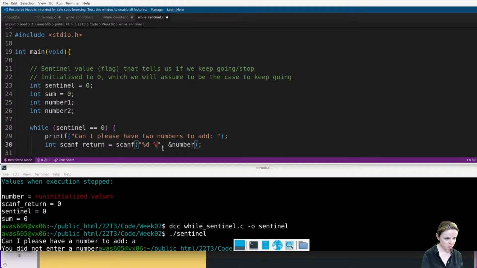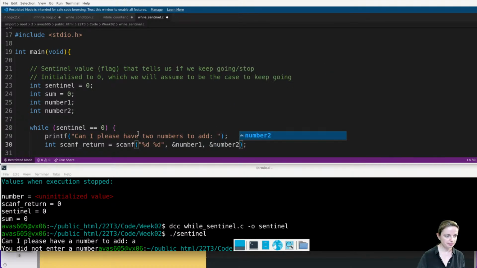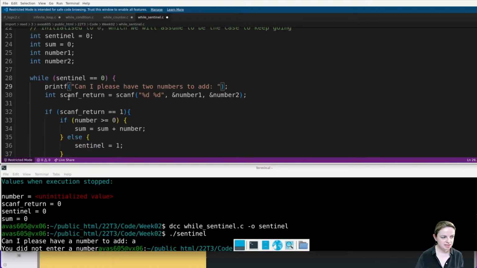I can tell it to expect a %d and a %d and tell it that it's going into number 1 and number 2. So now, if it's successful, this scanf return is going to return 2 for scanning in 2 things successfully. It could be 3, it could be 4, depending how many things I'm asking it to do. Okay, I hope that makes more sense.